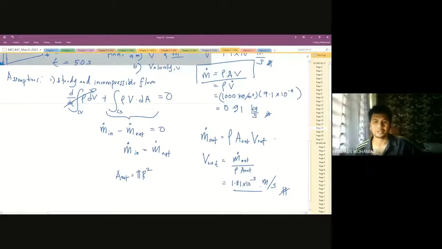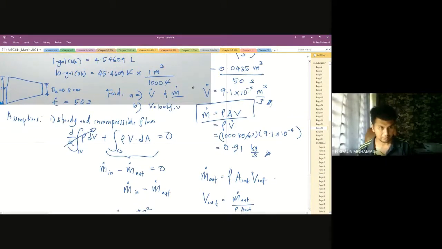Boleh dapat tak? m dot 0.91 bahagi 1000 kali pi kali